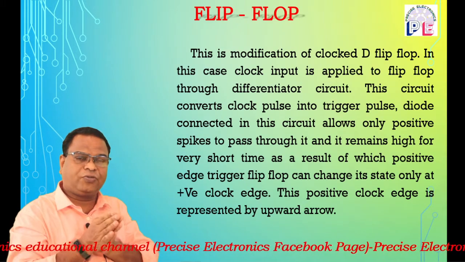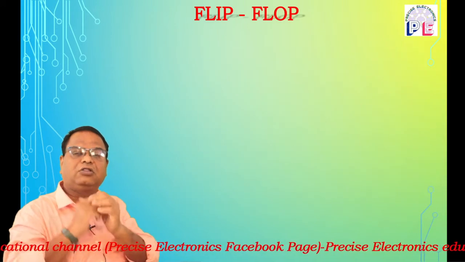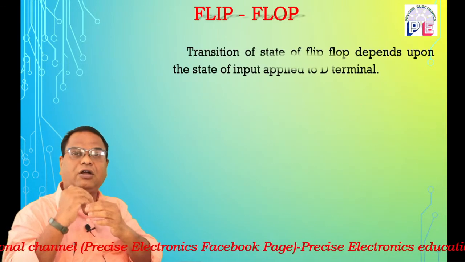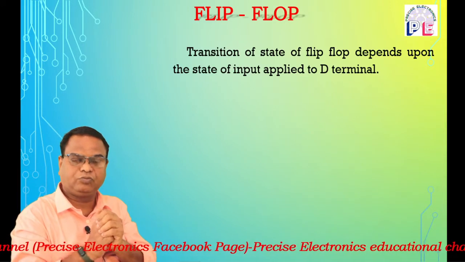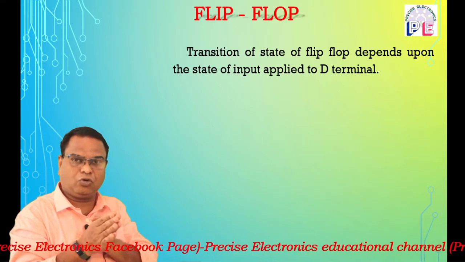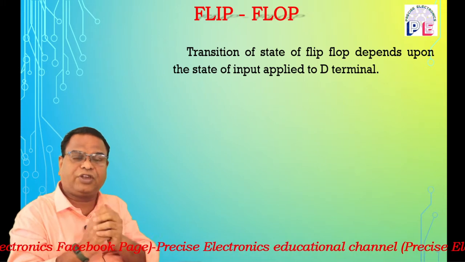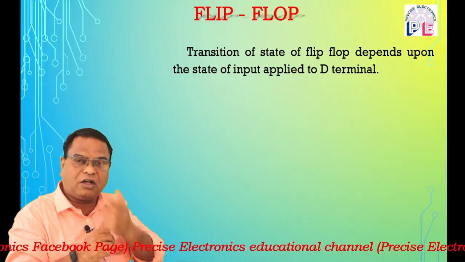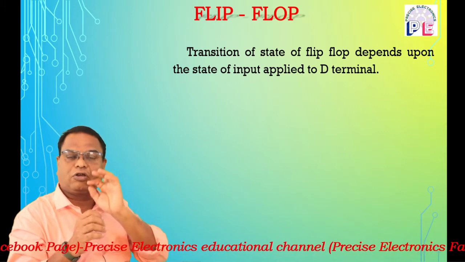The transition of state occurs, that means the flip-flop is in enable mode, only when the clock pulse is high. At the transition of state, the flip-flop is in enable mode because the positive edge is applied to the flip-flop. So the transition of state occurs as per the data inputs. If the clock pulse is high,